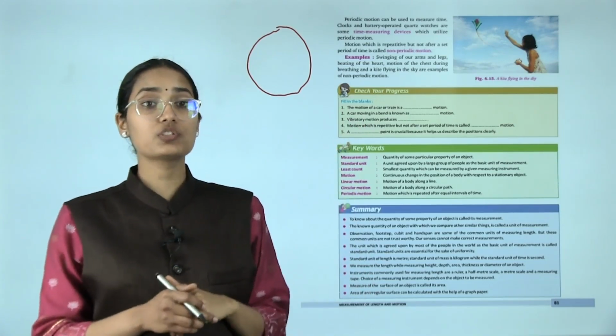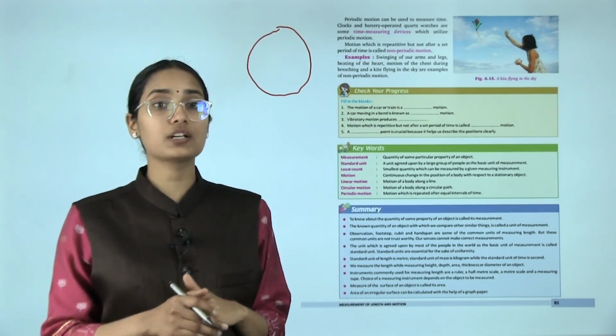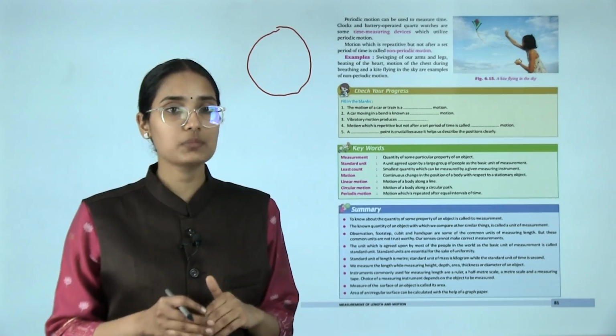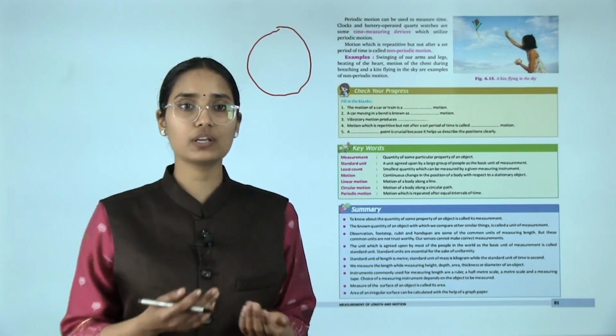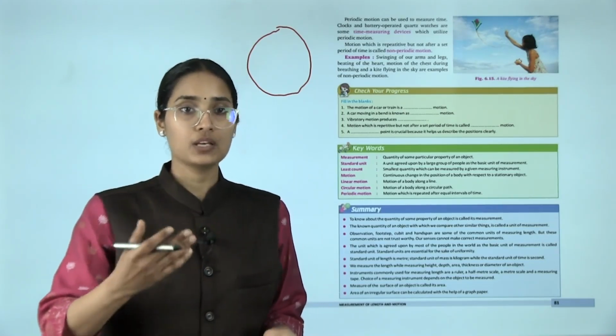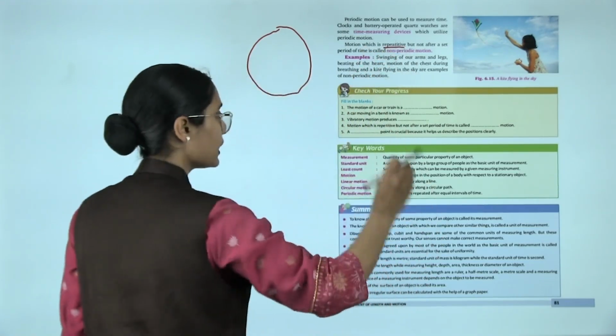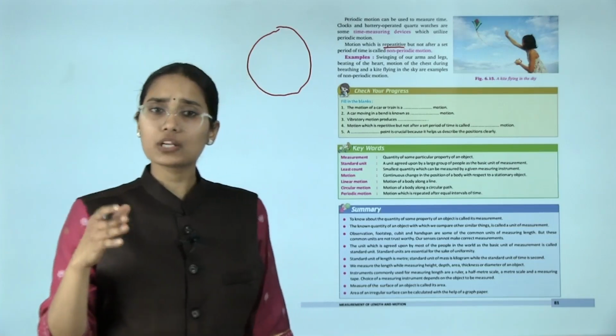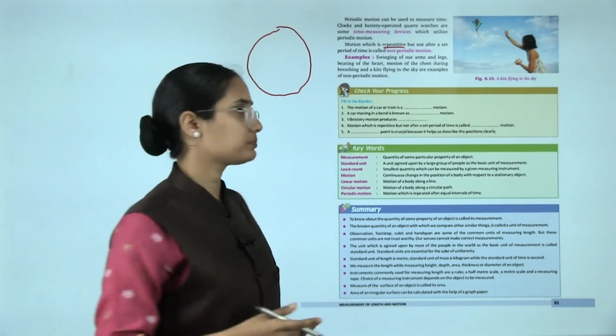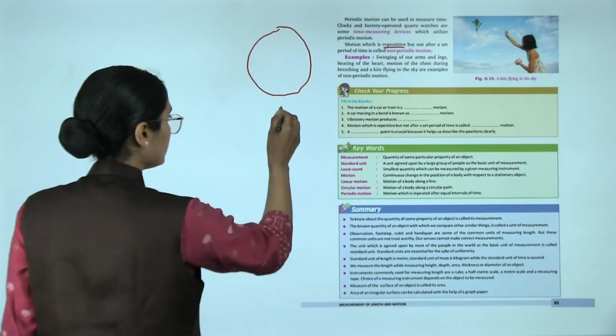Okay, motion which is repetitive but not after a set period of time is called non-periodic motion. For example, a motion is repetitive. It is happening again and again and again, but it is not a periodic motion. Let's say,